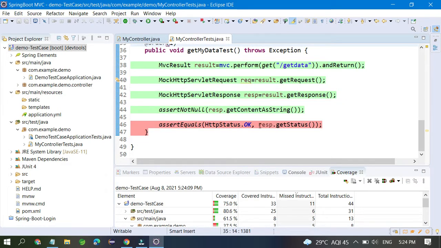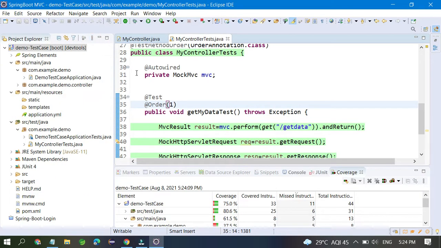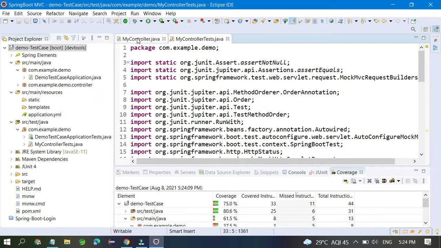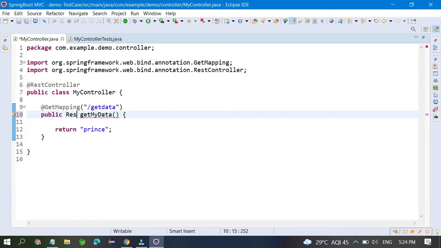Get status is not coming as 200, so this is the problem right now. Okay, I will resolve this problem also, because why is this problem coming? Because I have returned here a string type of data. So I don't want to return here a string, I want to return here a response entity of a string.